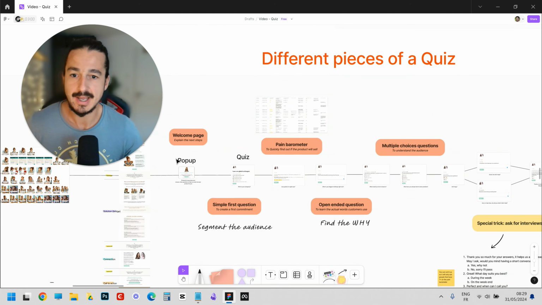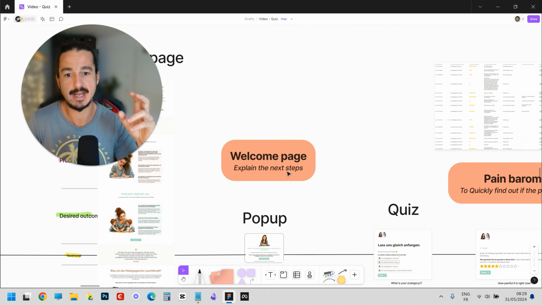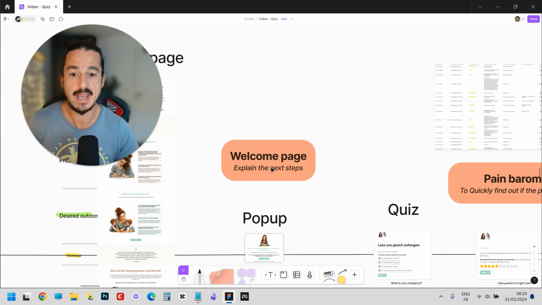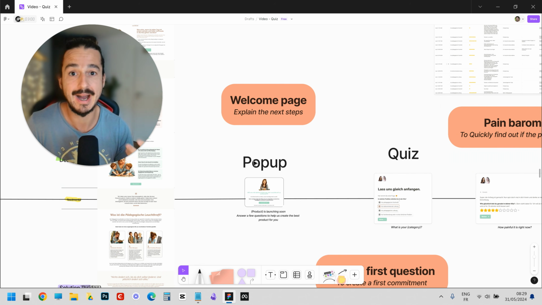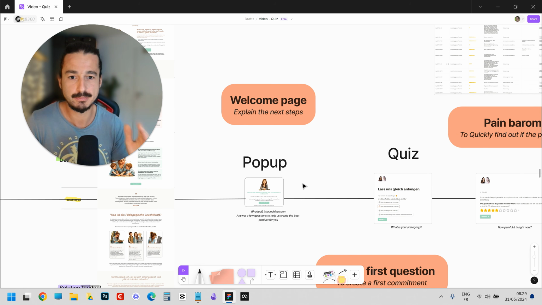Now let's look at what are the different parts within a quiz. The first important, extremely important part is a welcome page that explains the next steps. In this case, the pop-up acts as a welcome page, so you can start the quiz directly. The most important here is always to let the person know what they are going to go through, what should